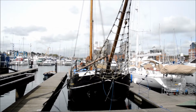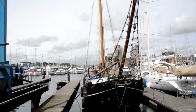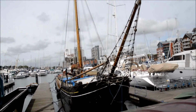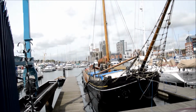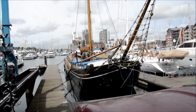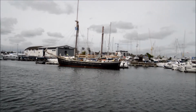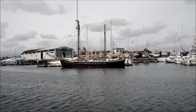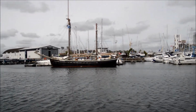Nice old sailing brig here. Looks in very good condition. It's been here for years. I suppose it's a barge of sorts. It must be a barge. One of the old Thames barges. I've seen this one out at sea many times. Queen Galadriel. I think they take youngsters out for their sailing experiences. But I have seen this out on the